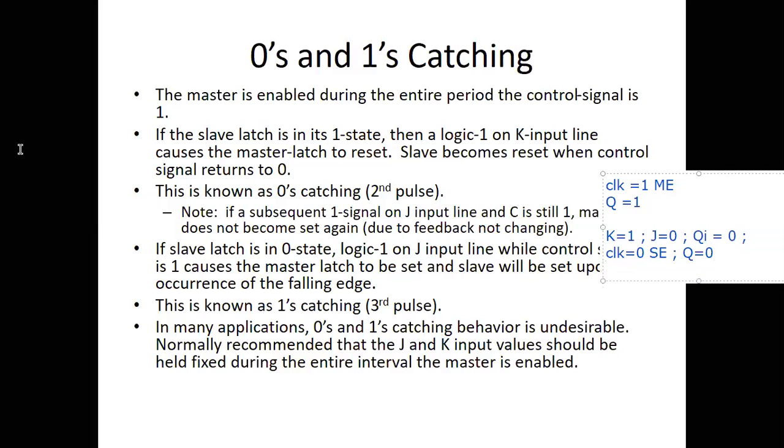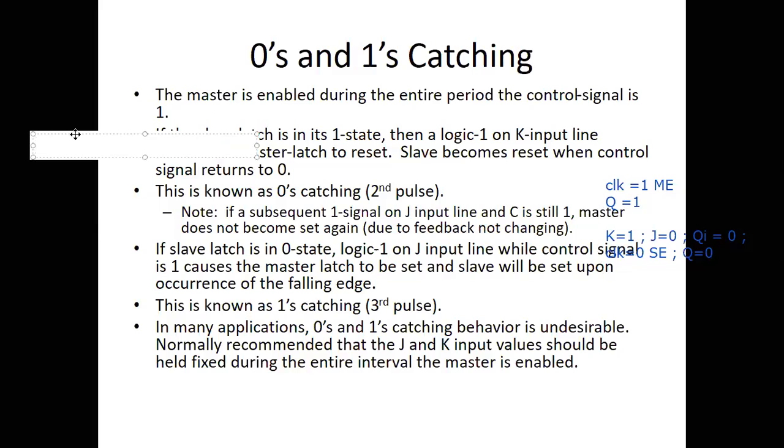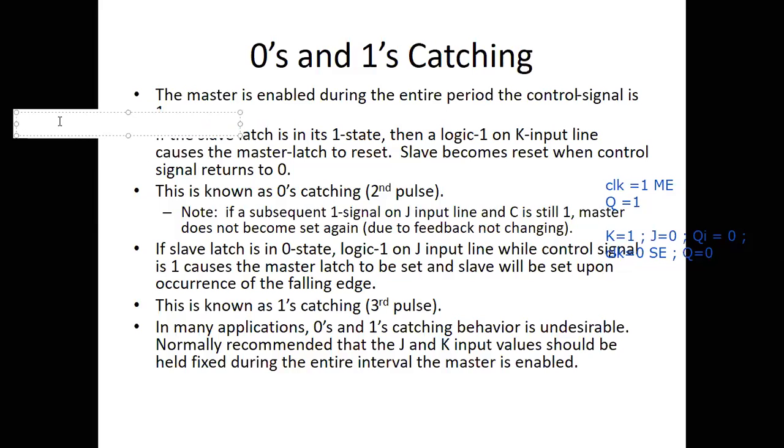Similarly, if I take another case, assume initially Q is equal to 0 state. Now if Q is equal to 0 and I make J is equal to 1, why am I making J 1? J is equal to 1 means flip-flop will be going to set state. Now when J is equal to 1, let us assume K will be equal to 0. When K is equal to 0, intermediate QI will be equal to 1 since J is equal to 1.